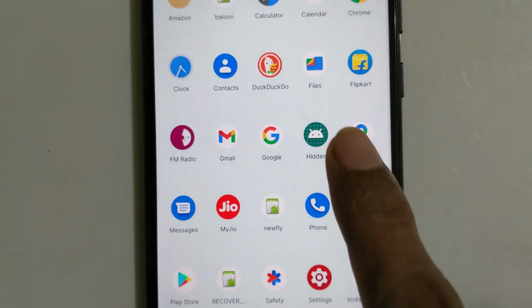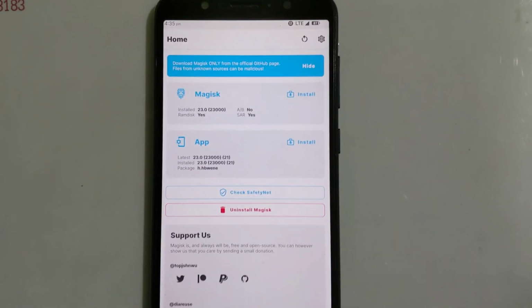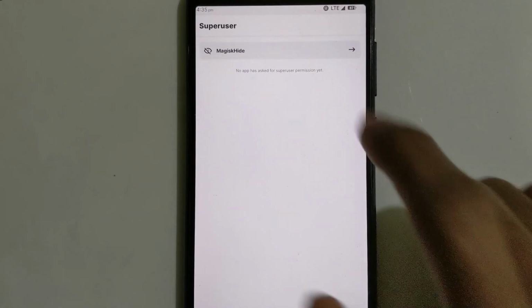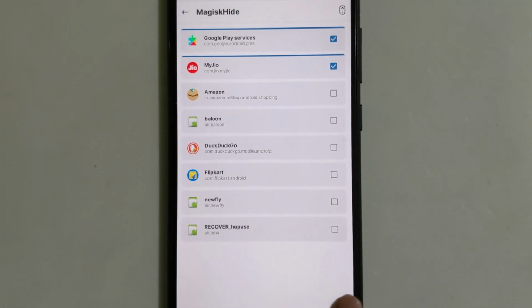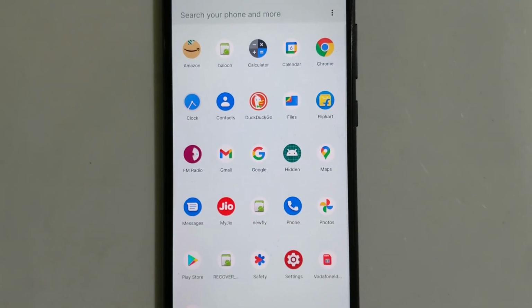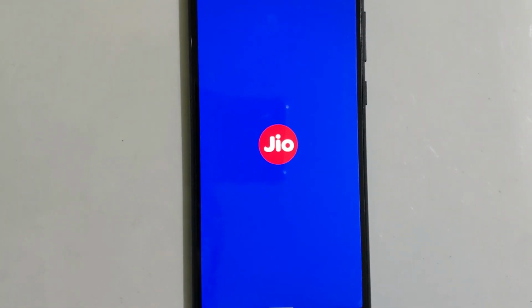Now we can see a new app with a new icon and the new name entered in Magisk, and all the settings are here. Let's check whether my Geo application is working or not. We can see that my Geo app is running fine. So this is how we can hide the Magisk Manager in the new Android 12 custom ROM